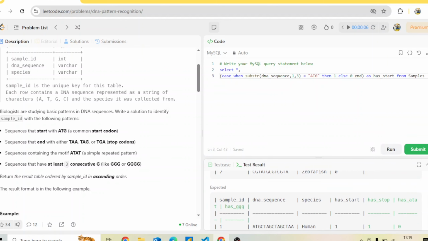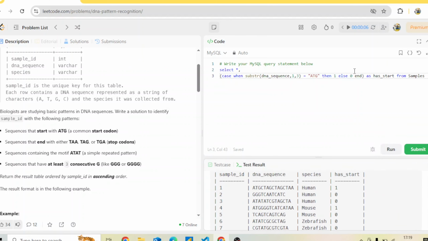Okay, so you can go ahead and do it like this, or you can also use the like operator. Both will result in the same thing. So here I'm also going to say when, because I need to check if it is ending with TAA, TAG or TGA or not. So I will say substring